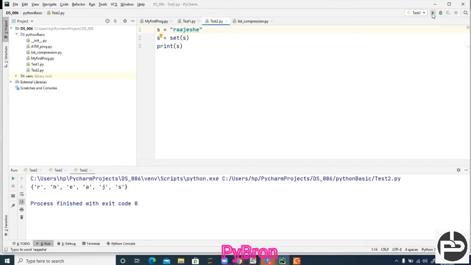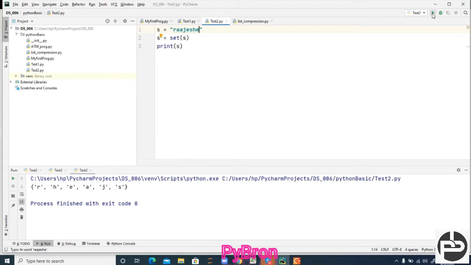I'm getting only one of each. And also in case of set, you should remember insertion order will not be preserved, meaning in whichever order we insert the elements, we might not get the output in the same order. Sometimes we can, but we might not. It depends on your OS, and on the different Python virtual machine running on top of your OS. So that's the recap, and now you can convert your string into a set also.